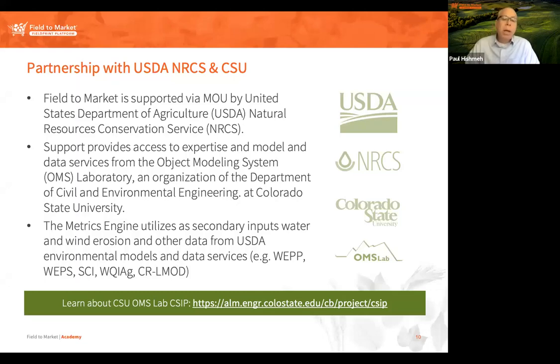We use Soil Conditioning Index, Water Quality for Ag, CRL Land Management Operations Database, and then others like STIR. We use CliGen for climate data. So we use quite a bit, and I'll expand on what we do with those NRCS models and how we interact with Colorado State University. There is a link there to read more about CSIP if you're interested in what other services they provide beyond